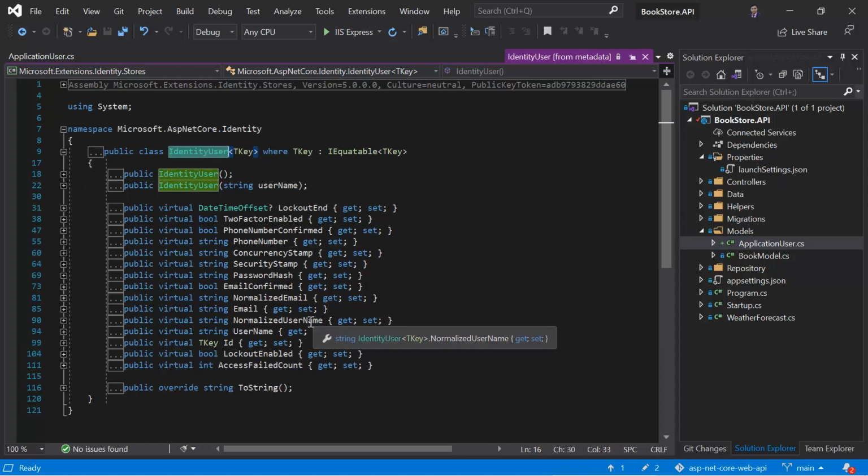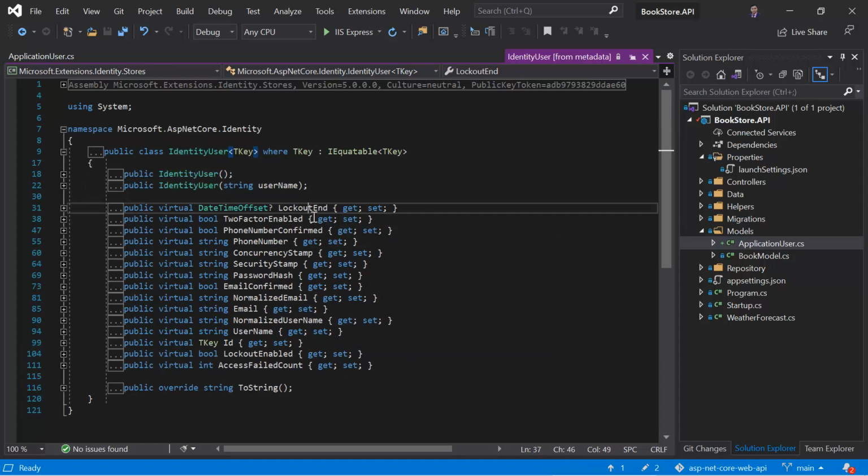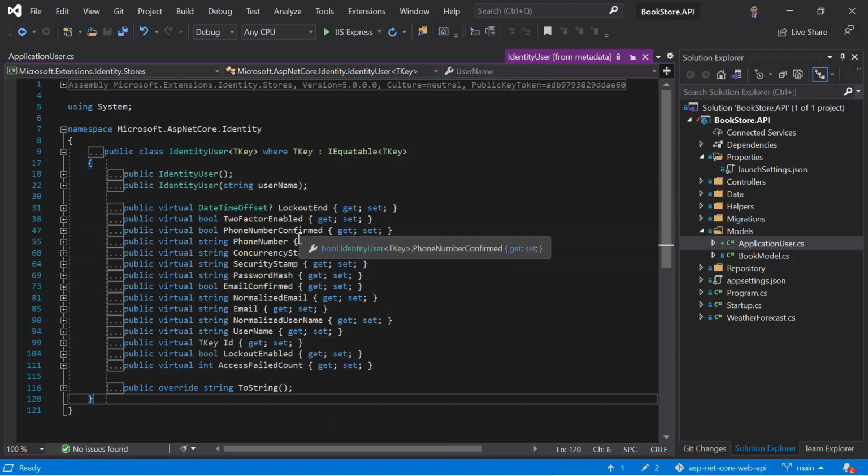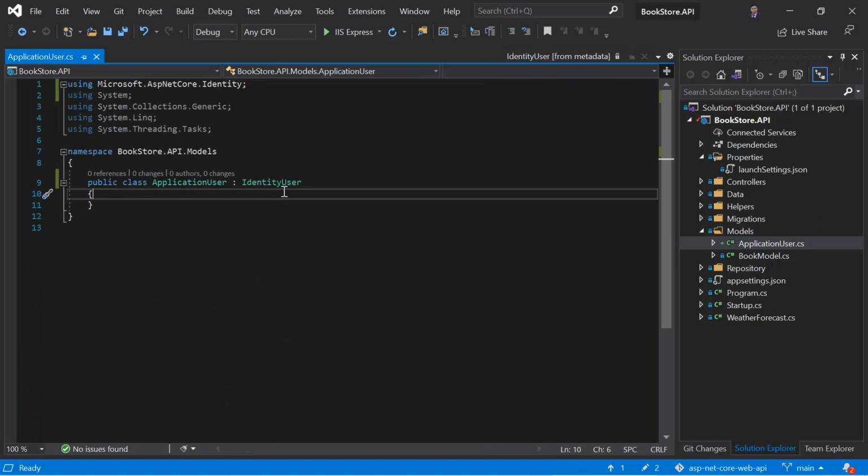Over here you can see that there are a couple of properties. We have LockoutEnabled, TwoFactorEnabled, PhoneNumberConfirmed, PhoneNumber, SecurityStamp, PasswordHash, EmailConfirmed, Email, UserName, Id. These are the columns that are given to us by this Identity Core framework. If you are okay with all these columns, then there is no need to add this ApplicationUser class. You can simply use IdentityUser everywhere. But because I want to add a few more properties like first name and last name, I have to create a new class and then derive that class from this IdentityUser. Most of the columns are provided by this IdentityUser, so here I am going to create only two properties.